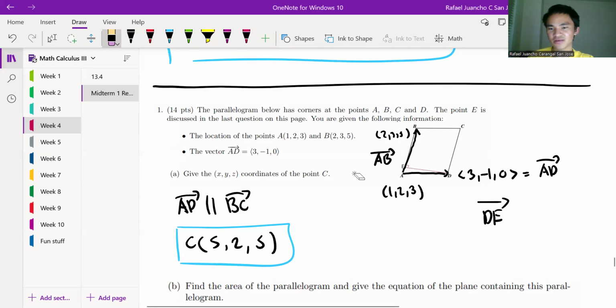We project, what does it say? We project AD to AB. Oh, and that will give it,